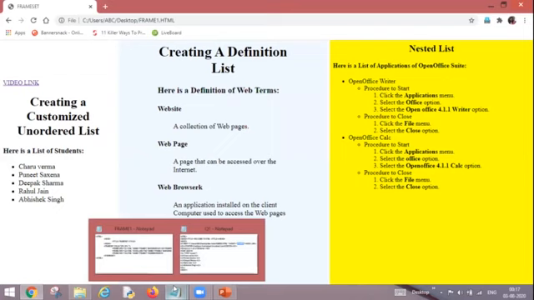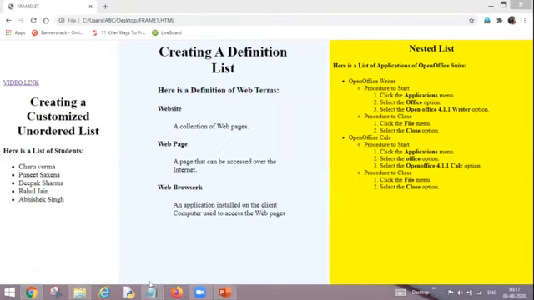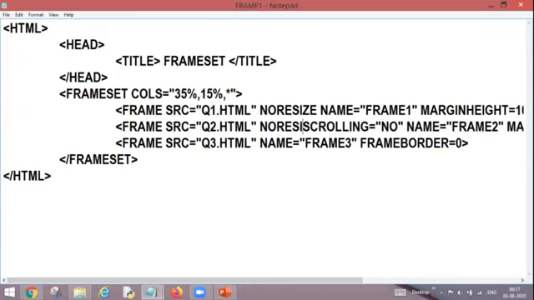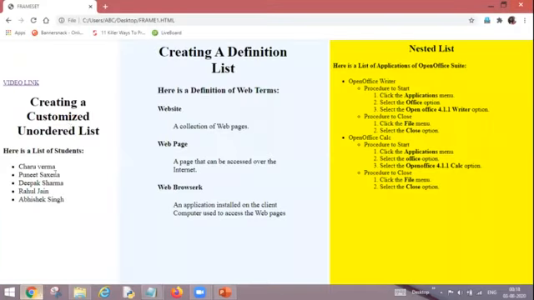So for that we have an attribute, noresize. So if I write over here noresize, I won't be able to resize the frame on my web page. Similarly, I want to apply it over here, noresize. Control S. Now go back again and refresh the web page.